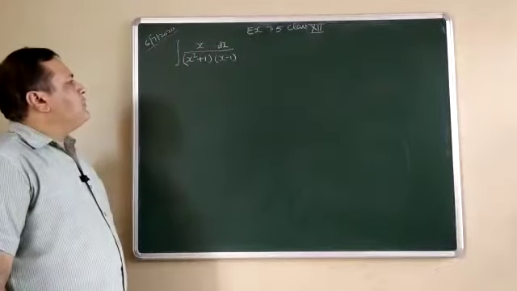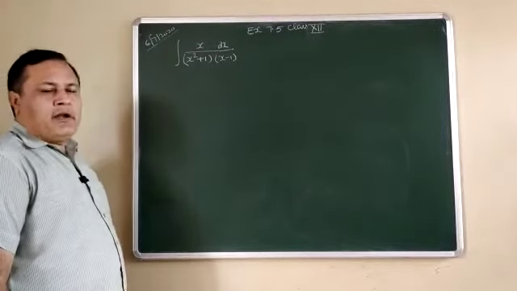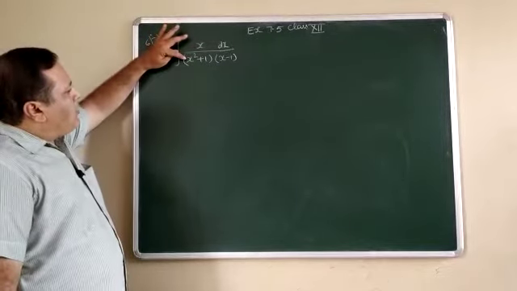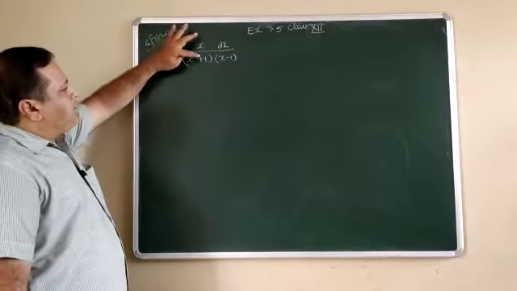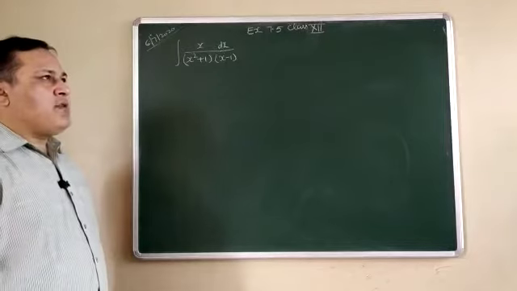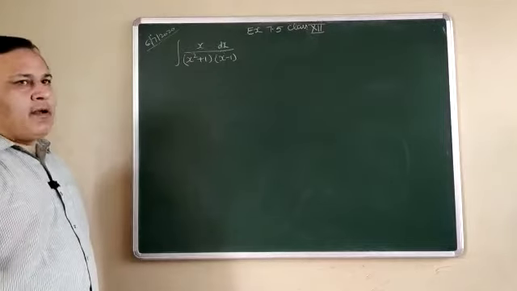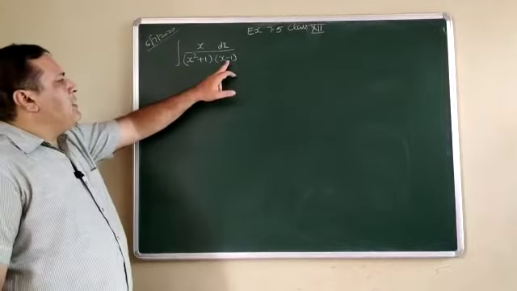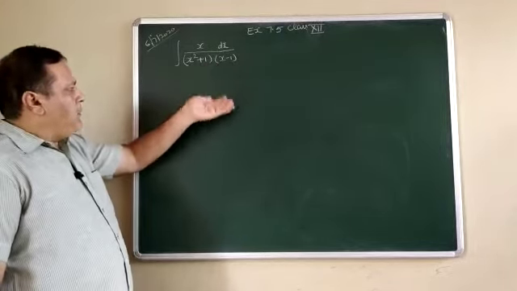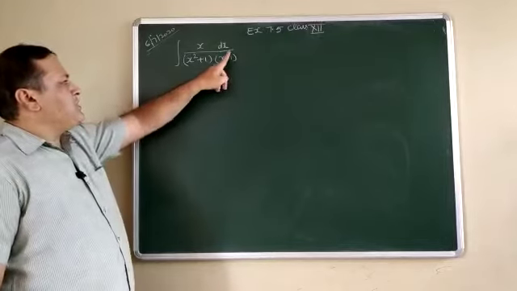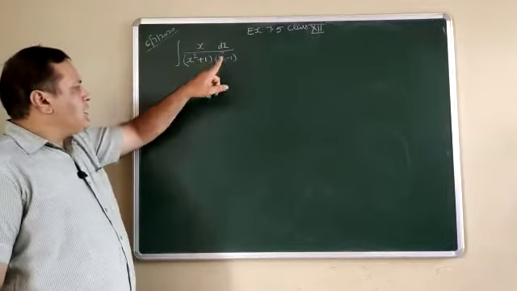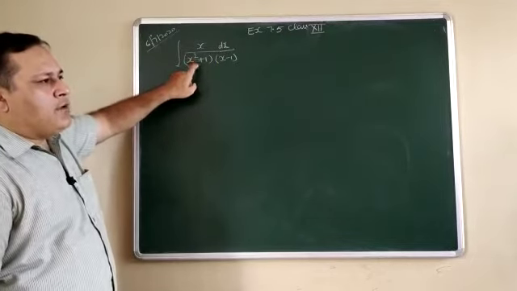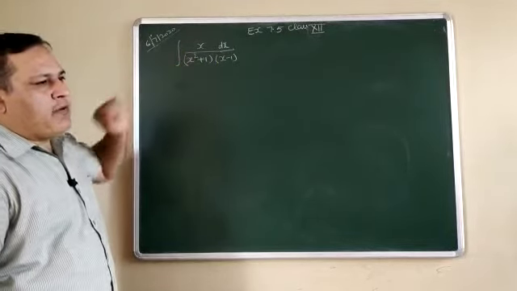Now we shall discuss one more variety of the partial fractions. Now see, it is a quadratic function x square plus 1, but this is a quadratic function which is not factorable. We always go with the partial fraction whenever there is a linear function, and in the previous video we discussed linear functions with power. But in this question, if you observe, this is a quadratic function, and first of all this quadratic function is not factorized.